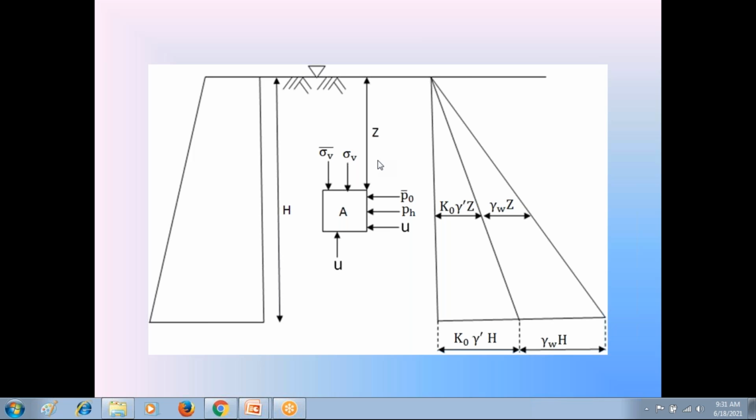I discussed this condition 2 in today's class. So please everyone think about this condition 2. Here we apply the effective stress condition and also Pascal's law. Pascal's law states that at a point in the water, the pressure is constant in all directions. So at soil element A, the pore water pressure is acting in the vertical direction, and also in the horizontal direction.